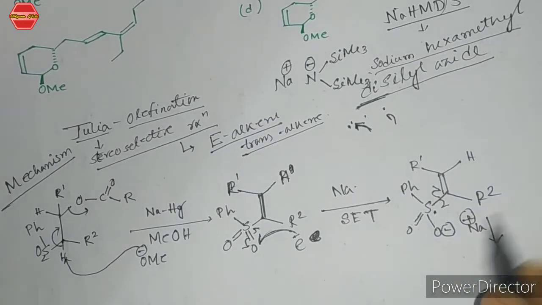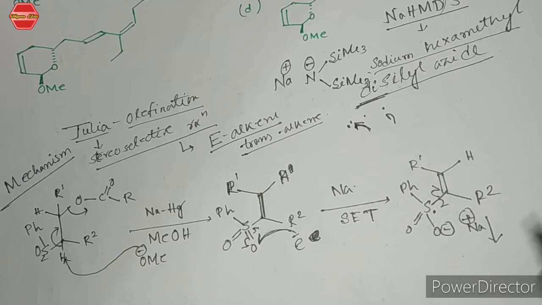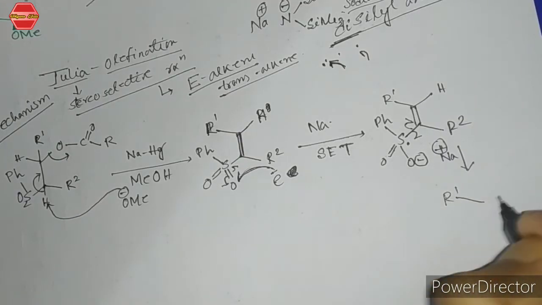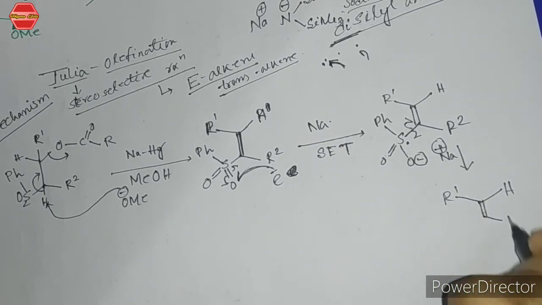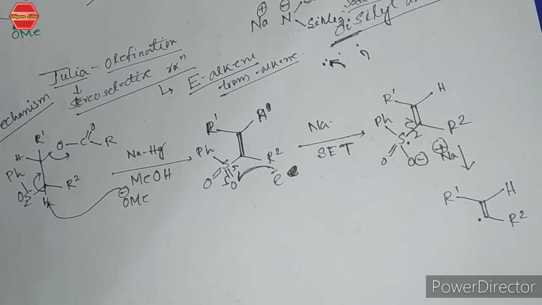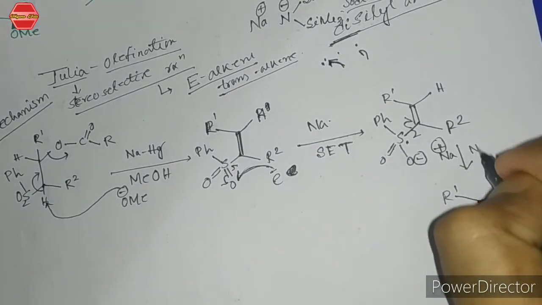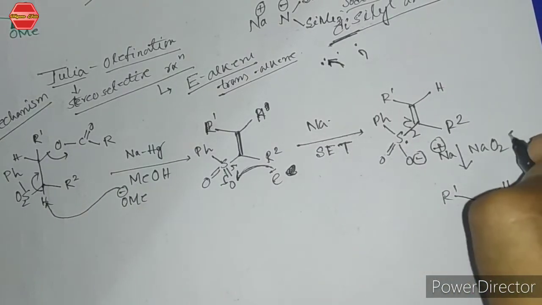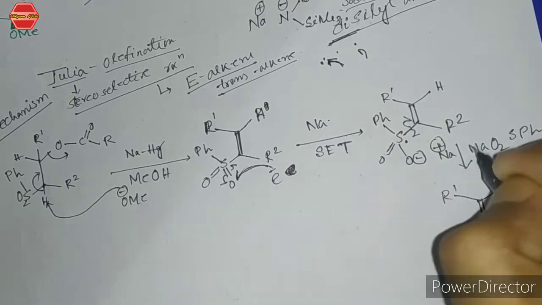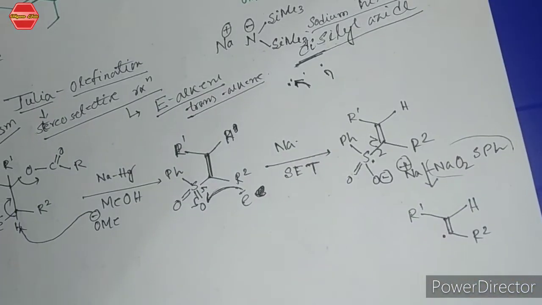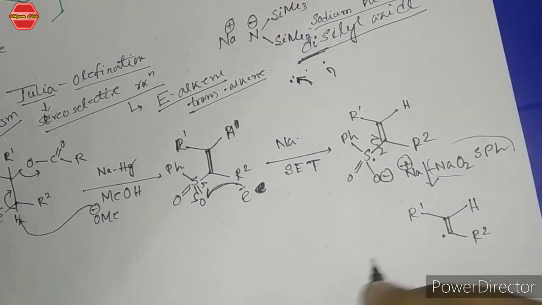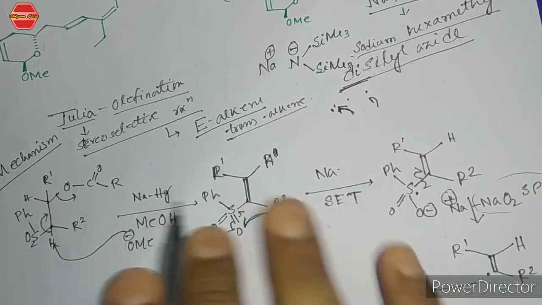sulfur atom, and then there is a formation of this compound like this, and there is a formation of a radical, and this group leaves from the system. So this overall system leaves. Okay, now there is a formation of radical, and after that in the given system there is already